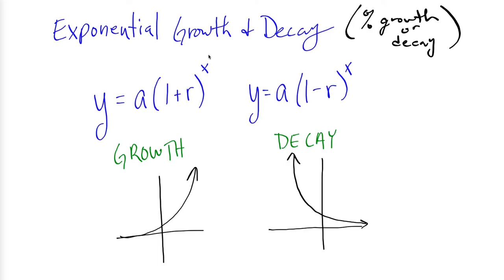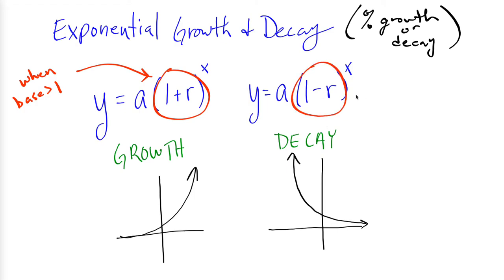On these, the exponent is just a regular x each time, and so growth and decay is always going to be this. If your base number is bigger than 1, it's going to be growth. If your base number is between 0 and 1,